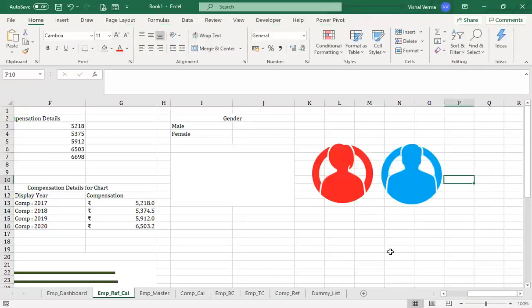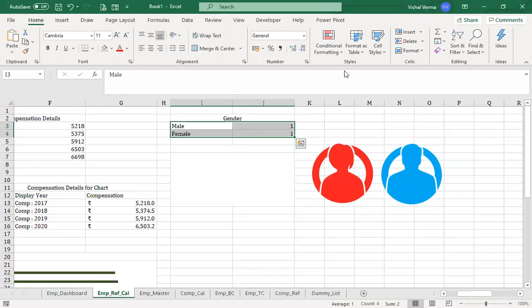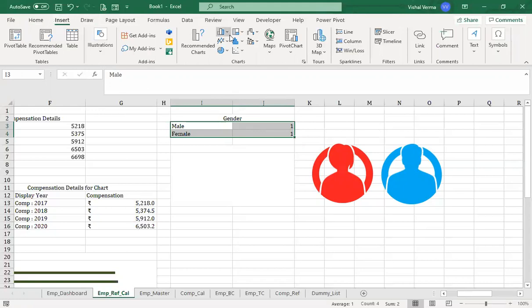So we have got two symbols here for male and female. Let's as of now put male and female both as one, and then we will be using this to make a column chart.